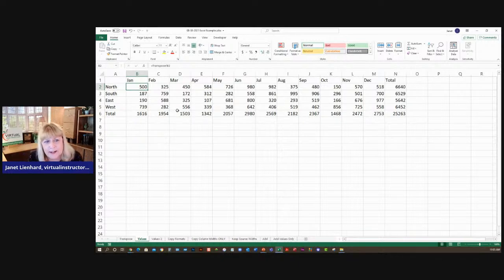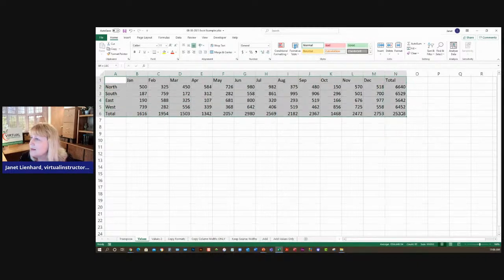So the scenario for this one is sometimes you need to copy this information that has formulas in it and are looking at other cells and maybe other sheets or whatever. You need to copy that and paste it somewhere else. And you don't want that link. You just want the values that you see in that